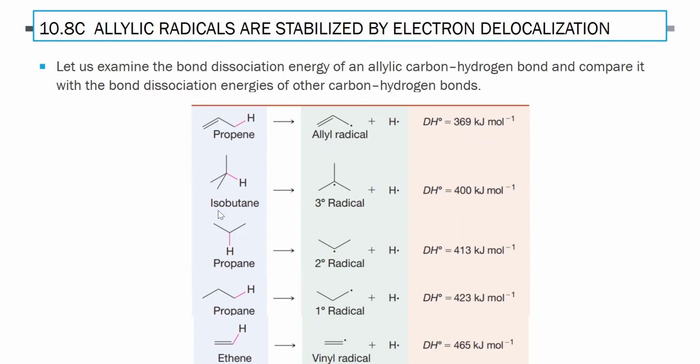you compare it with propane. Propane with no double bond, it's actually much higher than the allylic one to produce this 1 degree radical. So there is much stabilization to the allylic radical compared to a 1 degree radical that you obtain from propane. And even lower for a 2 degree radical from propane, like this one, or even much